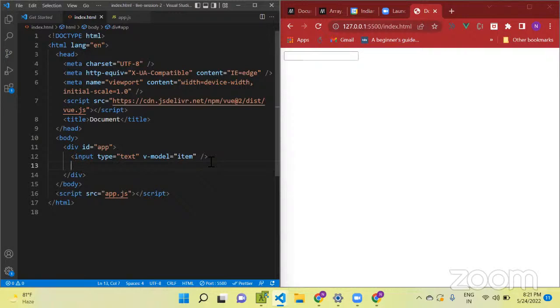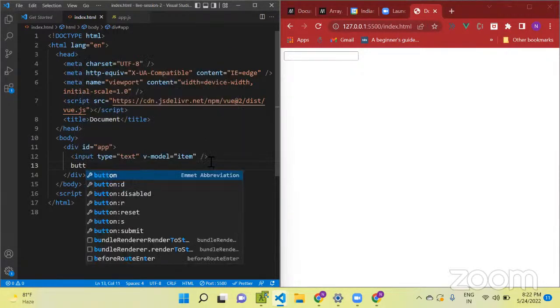Whenever some user clicks that button, the value that the user has inserted inside the input box will be inserted inside the items array. We did a similar kind of thing when we were creating the to-do app using vanilla JavaScript. Similar kind of functionality is also here. So I will create a button element,